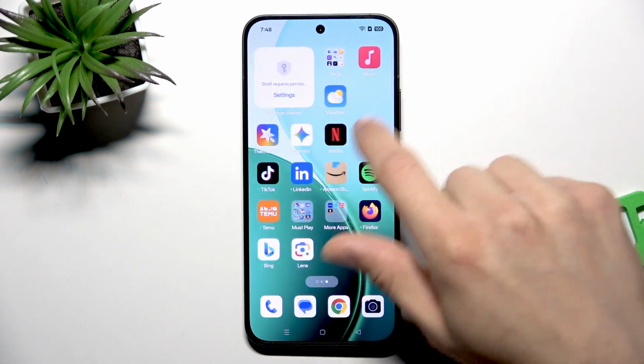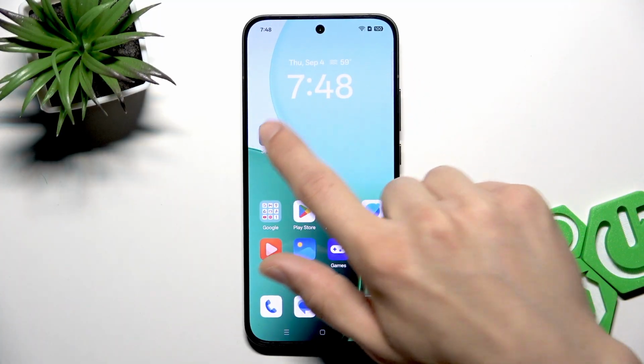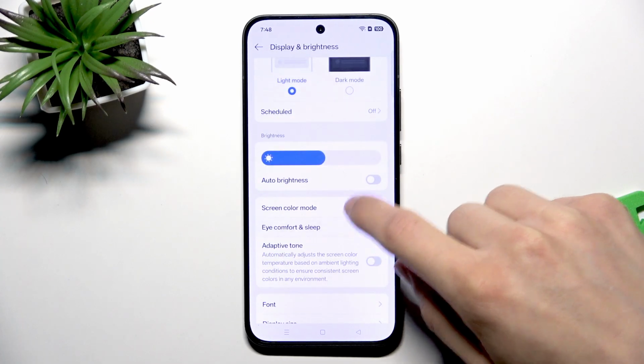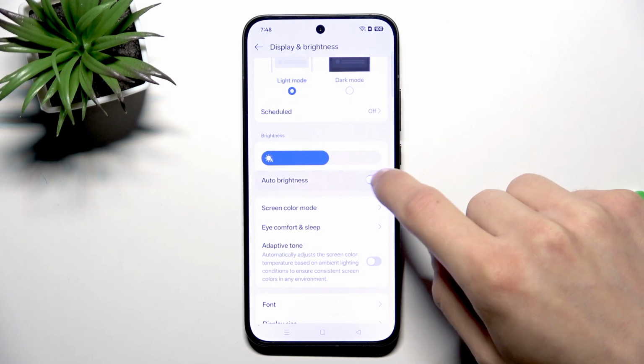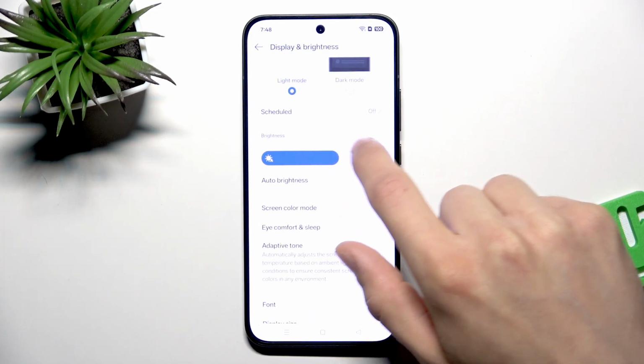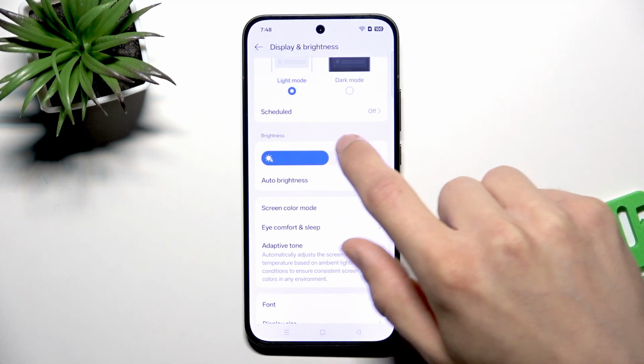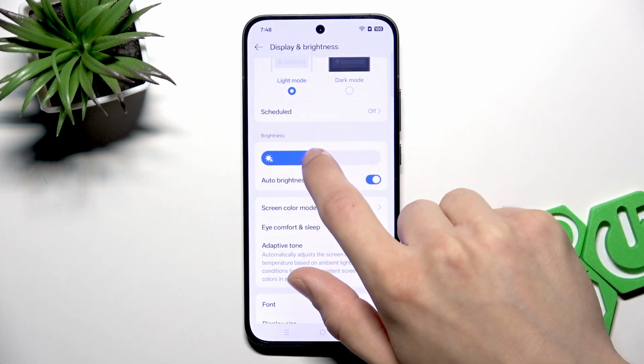If you open them, then go to display and brightness, and here by switching this toggle you can enable and disable the auto brightness. And in case it just doesn't want to work the way you want it to, then what you